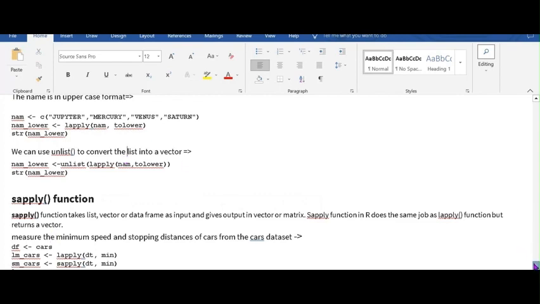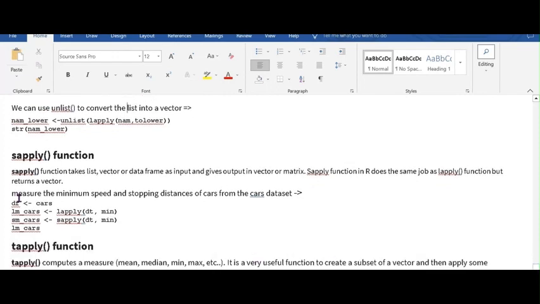In sapply we want to know about the minimum speed and stopping distance of the cars data set. Here I use the variable df, where I pass cars. cars is an inbuilt data set, R has some inbuilt data sets, and cars is one of them. Then df and cars show the speed and